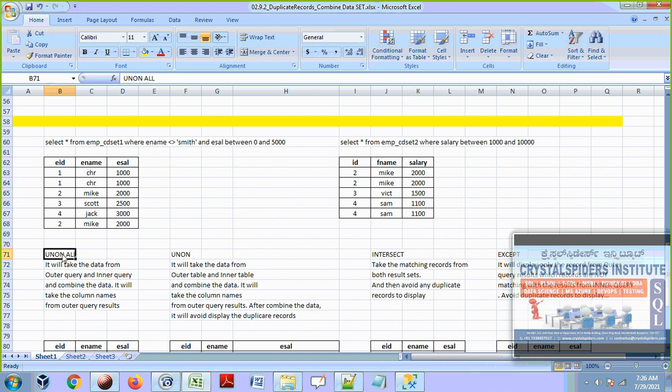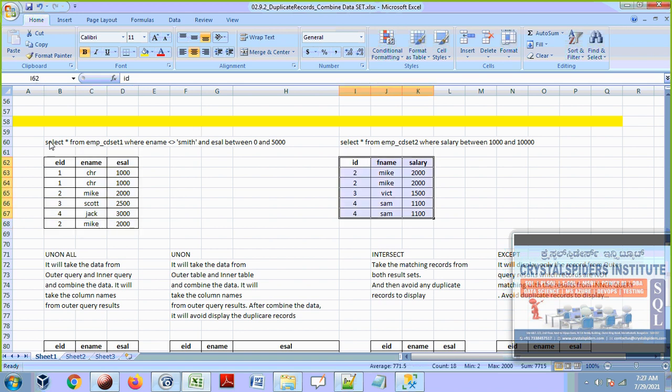So if I use the union all operator when I combine this data and this data, what will happen? See, I have written a note here: it will take the data from the outer query and the inner query result sets. This is the outer query, guys, and this is the inner query.